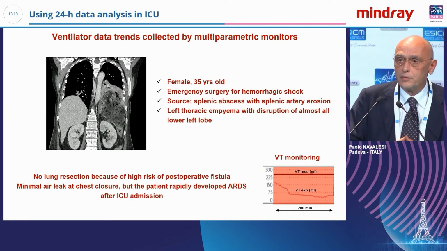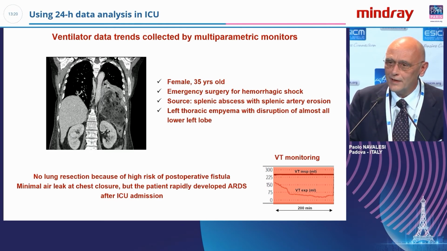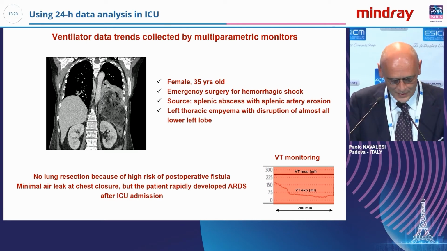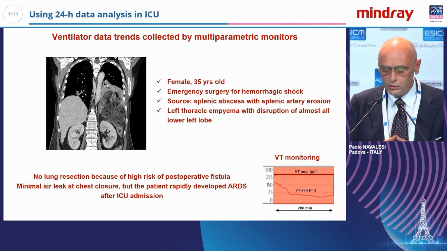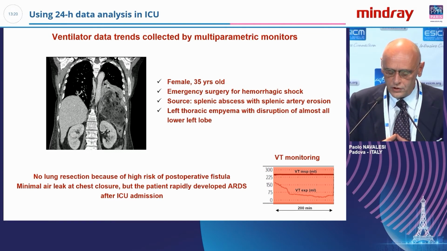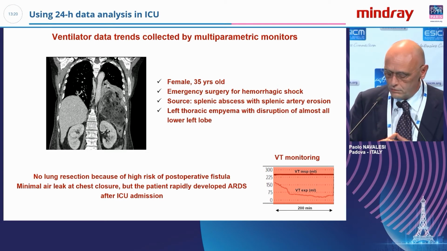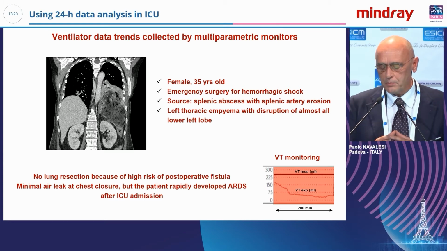Last episode, I like this because of a fancy picture I will show you. This is a female, 35 years old. She received emergency surgery for hemorrhagic shock. The source was a splenic abscess with splenic artery erosion, left thoracic empyema with disruption of almost all the lower